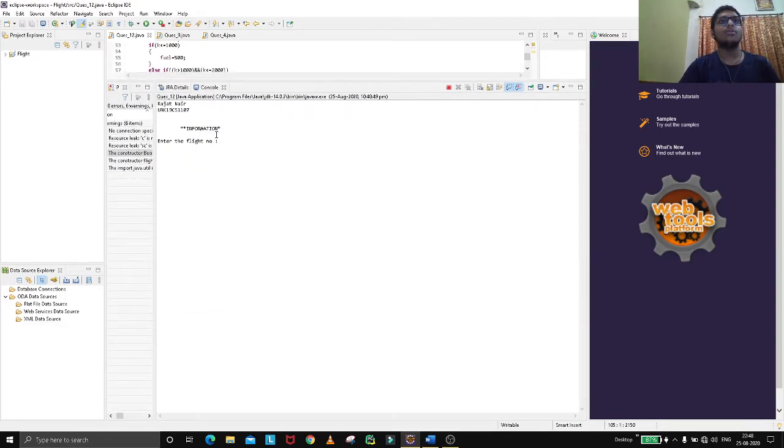here you can see the information. Enter the flight number. I am giving 101 as the flight number, and enter destination. I am providing Delhi. Okay, enter distance. If the distance is 1000, it will give flight number 101. It's showInfo, and it will go for feedInfo too. So both functions are executed in only one main function. So we can see the total fuel required will be 500 liters. Thank you.